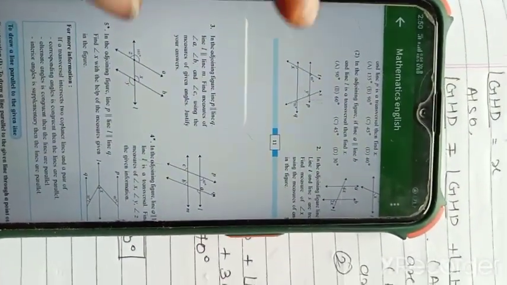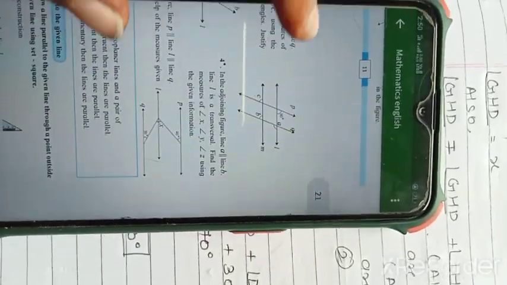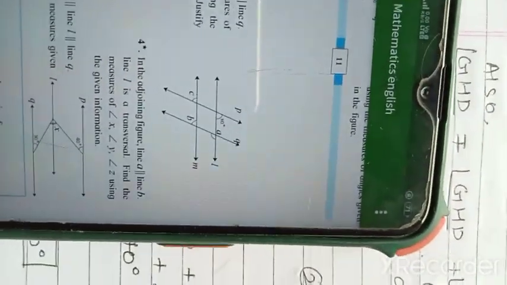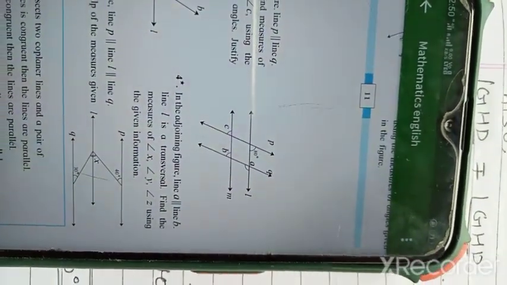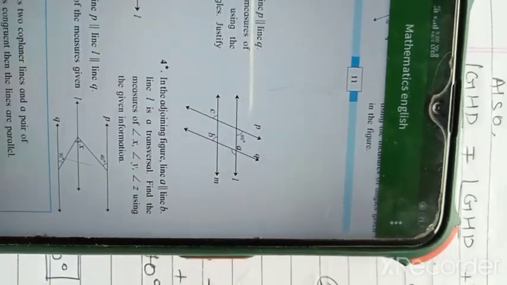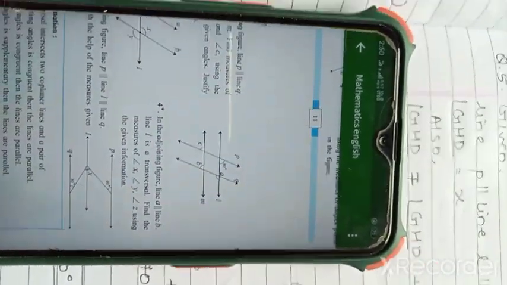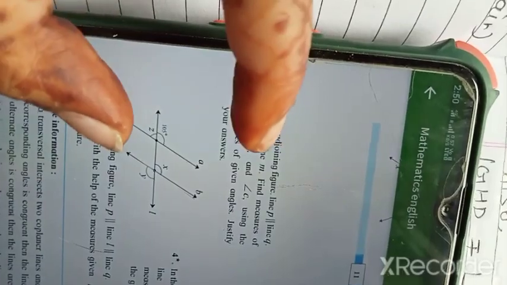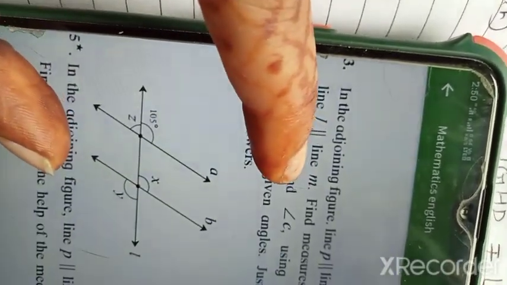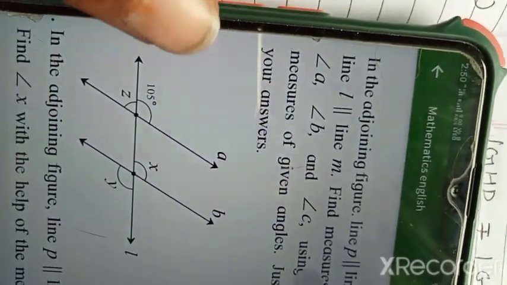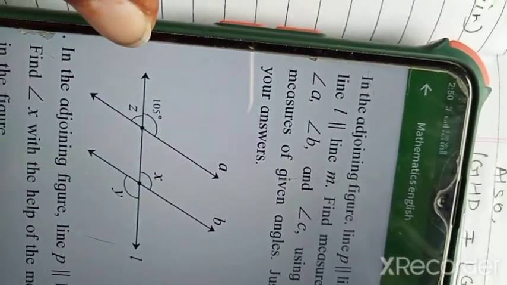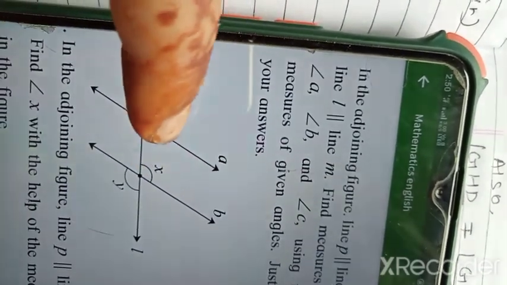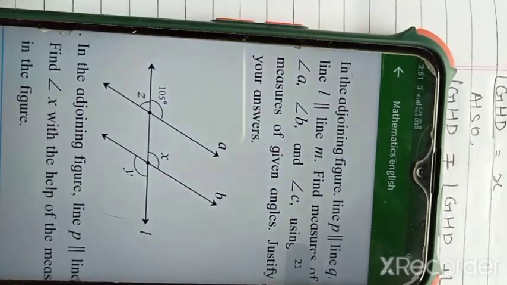Moving on with question number 4. The question is, in the adjoining figure, line A is parallel to line B, line L is a transversal. Find the measures of angle X, angle Y, angle Z using the information given. For the question, this is the diagram that has been given to us. This is line A, line B. These two are parallel lines. This is line L. This is a transversal. Angles X, Y and Z are to be found out,